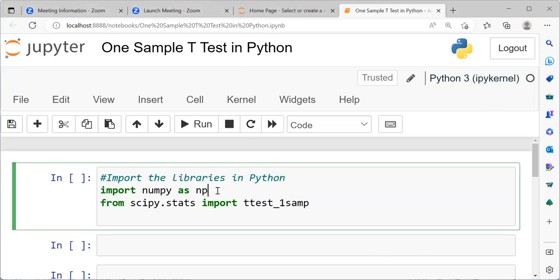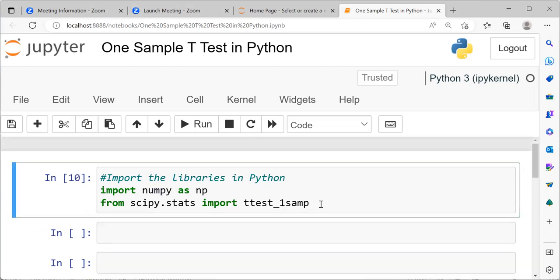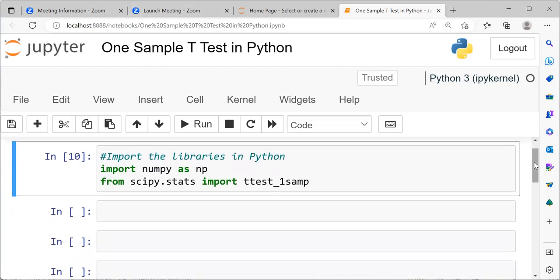You can see here, in the first statement, I'm importing NumPy as np, and in the second statement, I'm using the scipy.stats module to import the ttest_1samp function. Once we have successfully imported the NumPy library and the scipy.stats module, the next step would be to generate some